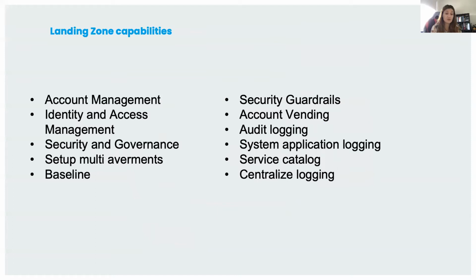What are the capabilities of landing zone? So we said Control Tower offers landing zone, but we don't know what the capabilities are. Landing zone is basically a centralized management solution for accounts, services, and processes between them, and each of these accounts or services has certain activity and functionality. What is important is that all of these accounts are isolated from each other. In a centralized solution, we can have centralized policy, centralized security guardrails, centralized compliance, application logging, service catalog, etc.